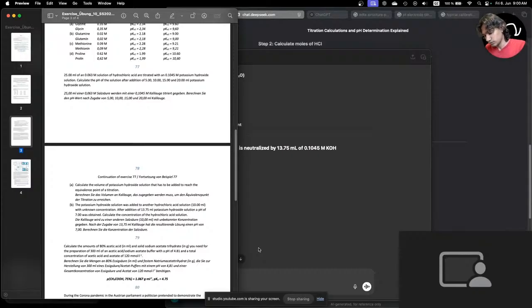It's about 10 milliliters of HCl with X moles of concentration, plus 13.75 milliliters of potassium hydroxide,